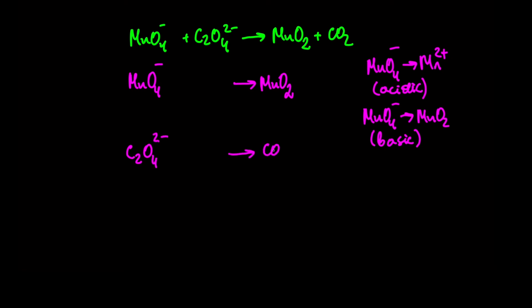What we do now is the same as we did under acidic conditions. We balance the center element, then add water to balance oxygen, and add hydrogen ions to balance hydrogen atoms. In the first half reaction, we add two H2O molecules to the right side and four H+ ions to the left side. In the second half reaction, to balance carbon, which is the center atom, we write 2 in front